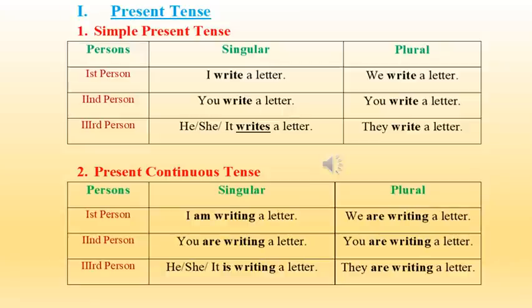Okay, here you can see the tenses I have given in another format. The simple present tense and the present continuous tense I have given here using the verb write. This is what you will be facing there in the examination. One sentence like I write a letter will be given for you, and you will be asked to change the tenses into another. So you will have to understand the three persons and the changes that happen with the different persons along with the changes of the verb.